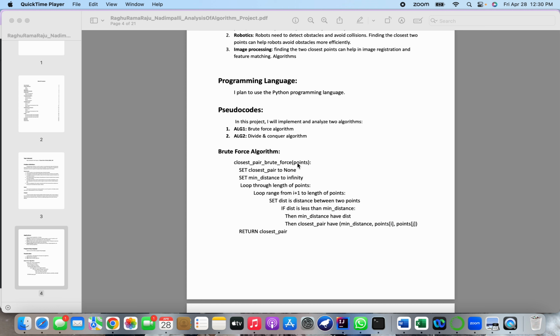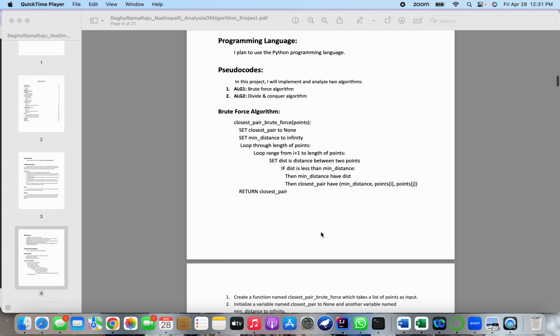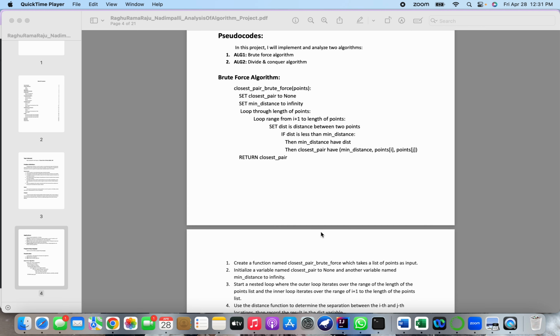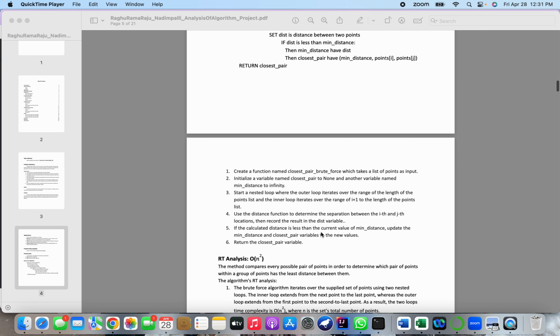We take the points, like if you want to take 2 points, it will give the x and y coordinates of the 2 points. After that, we set the closest pair to none and the minimum distance to infinity. Then we have two iterative loops. First we take one point and check its distance to all the other points. If the distance is smaller, then it updates and finally returns the closest pair. So this is a simple, straightforward algorithm, but